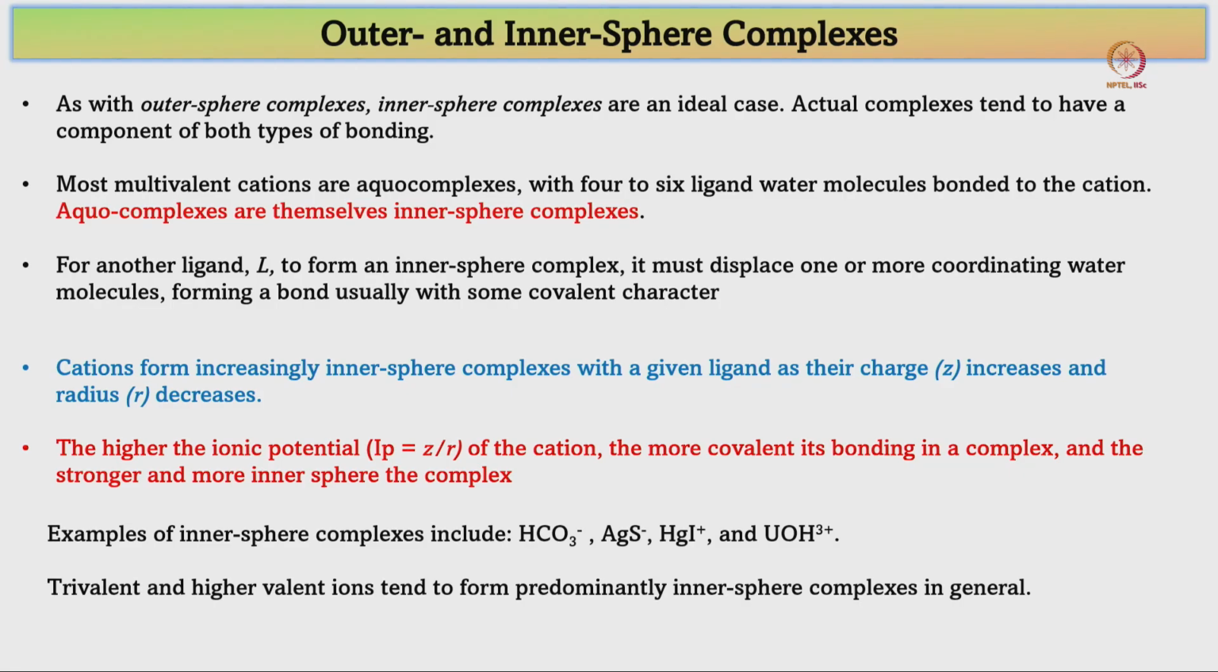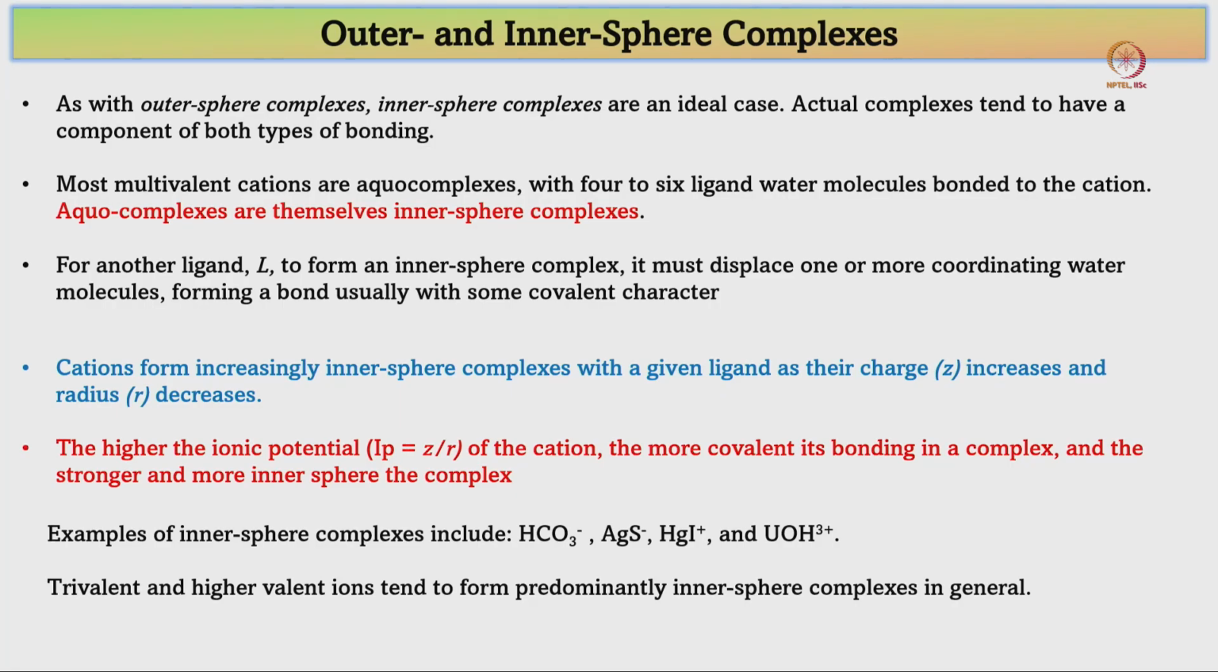Most multivalent cations, that is calcium 2+ and Fe 3+ and all of these, will be in their aqua complex state. Depending on the size of the atom, it can be coordinated with 4 to 6 water molecules bound to it. So aqua complexes are themselves inner sphere complexes, and in case a ligand is coming,